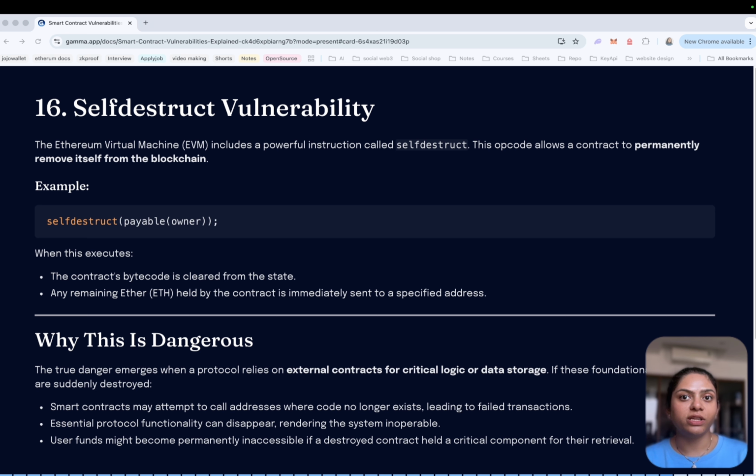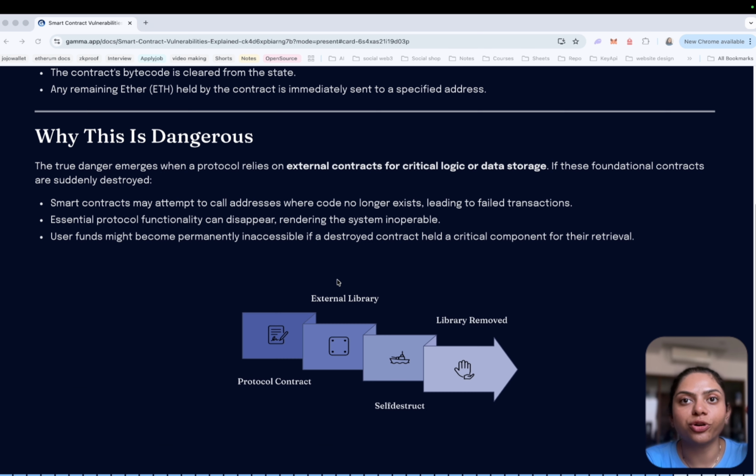An example of a risk scenario: the protocol depends on an external contract. That external contract includes the self-destruct function. The attacker gains control of the contract and executes self-destruct, and the dependent protocol loses critical functionality. Older DeFi systems sometimes relied heavily on shared library contracts, which made the risk more severe.